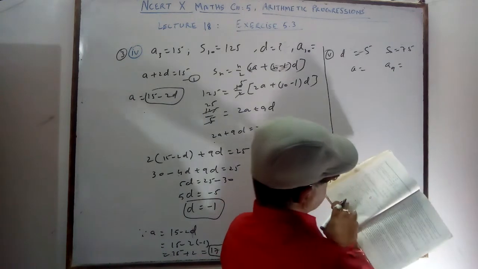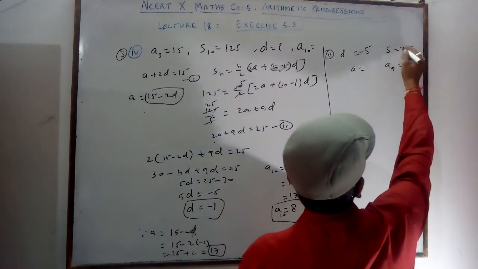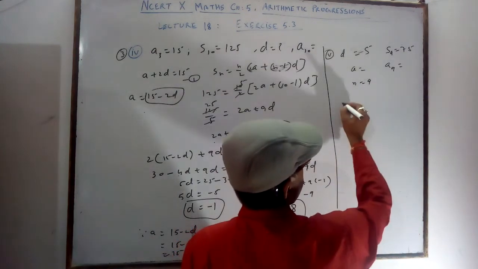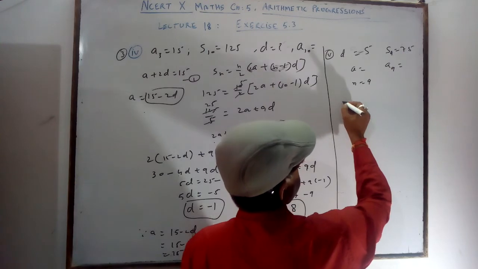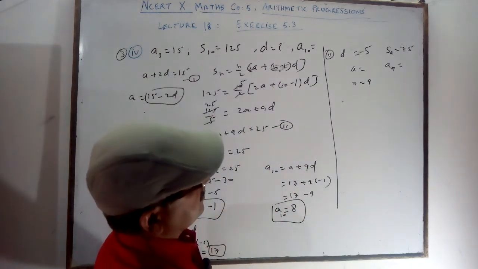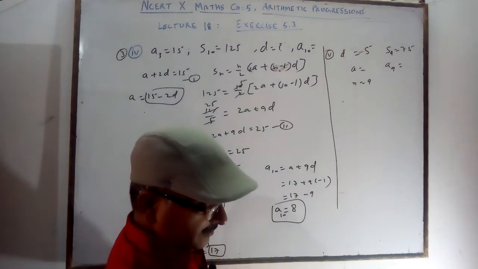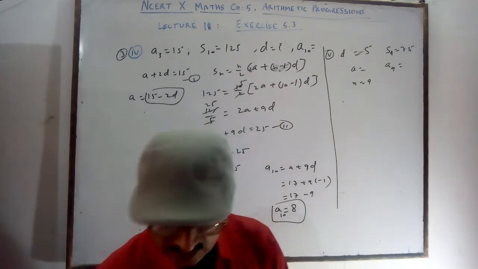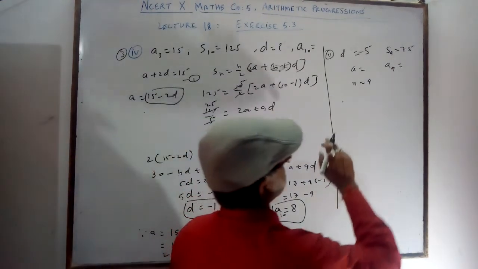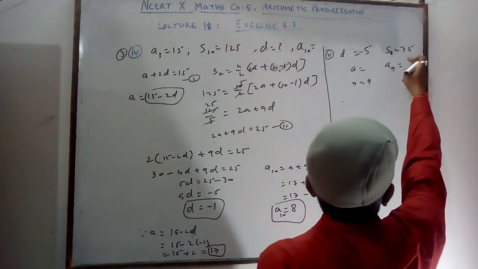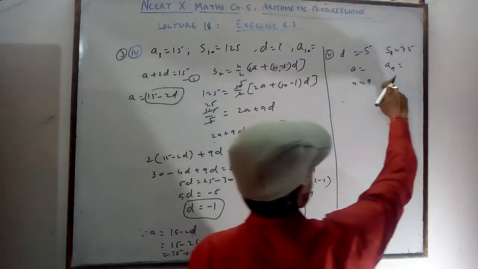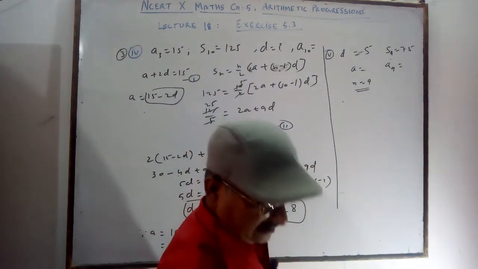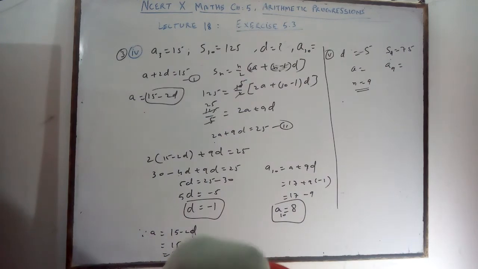Sn means, what is the n? S9 is given as 75. Here n is equal to 9. So you apply the Sn formula. In the fifth part, a9 and S9 you want. Put the value 75 here. D is 5, S9 is 75. N is given here as 9. So a9 and a are your part.